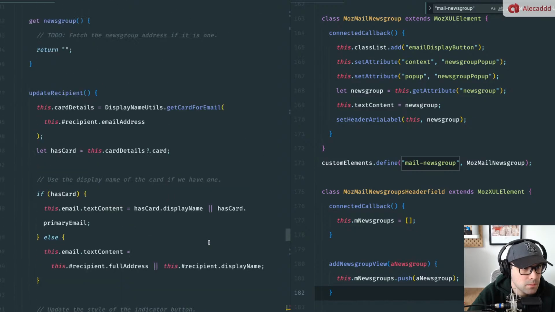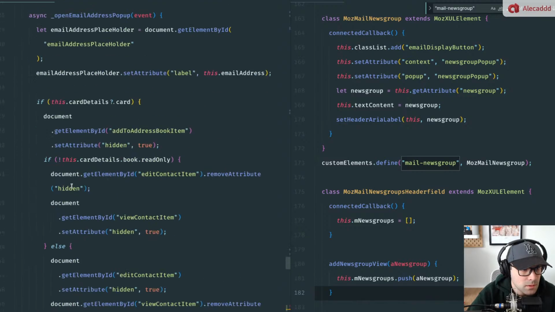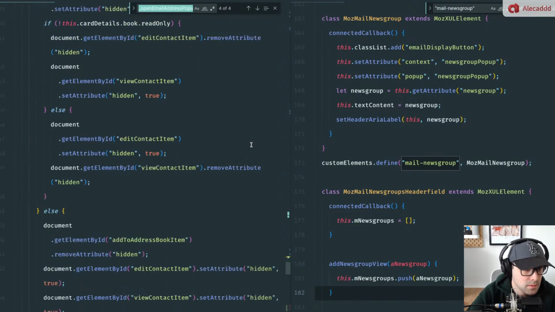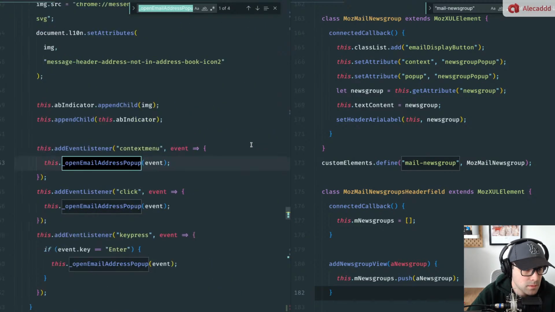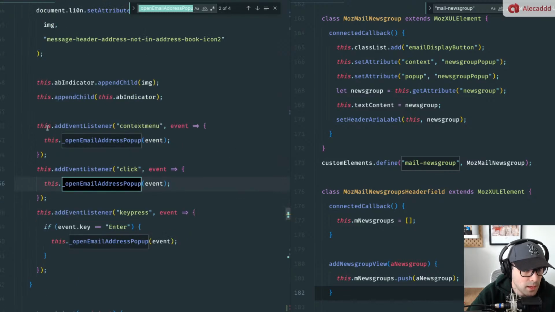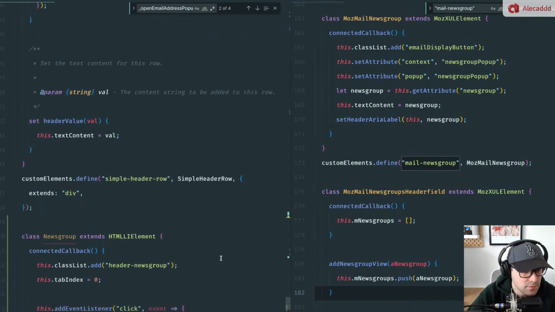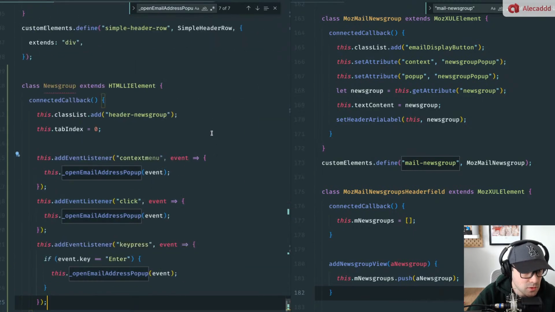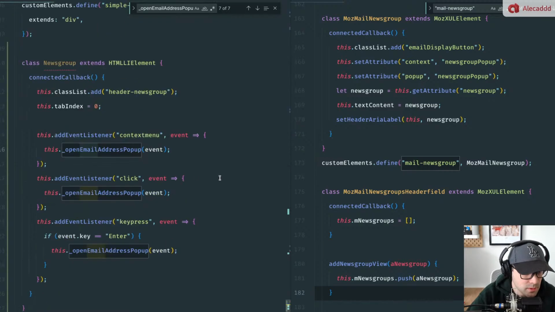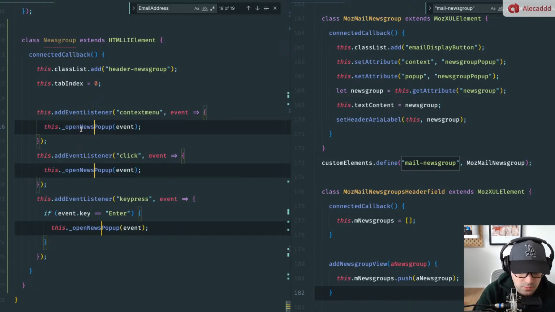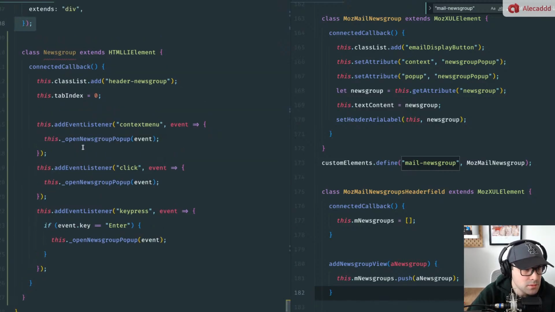We need to do something. Open email event. Yeah, basically need to copy these things. But I need a different event here. So on context menu, open newsgroup email address, newsgroup pop-up. Open, boom, boom, newsgroup pop-up. The newsgroup pop-up, we need